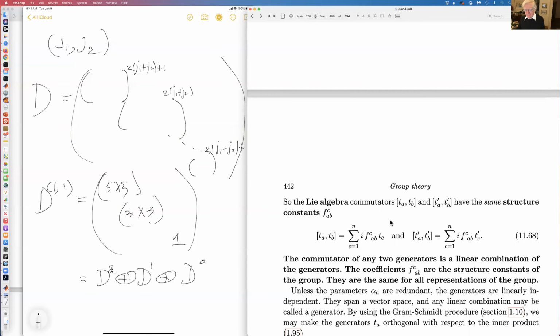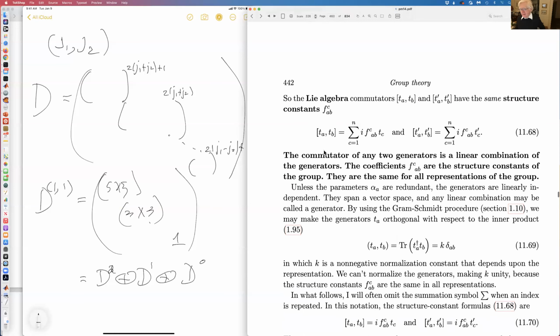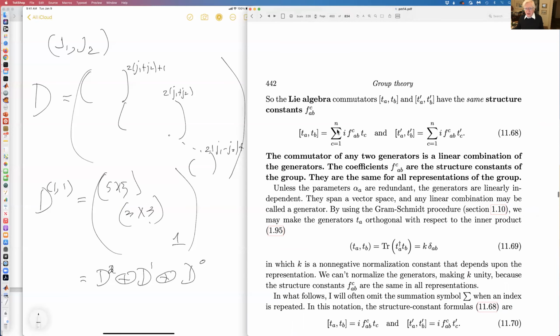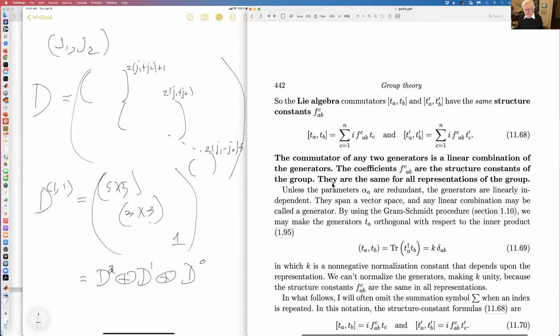And so the bottom line is that the commutator of any two generators is a linear combination of the generators. That's the first fact. And the second fact is that the coefficients of the commutators are the structure constants of the group, and they're the same for all representations of the group. So that's the very nice thing about Lie algebras,